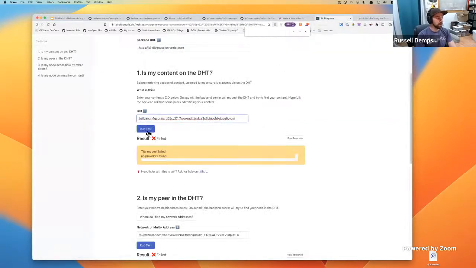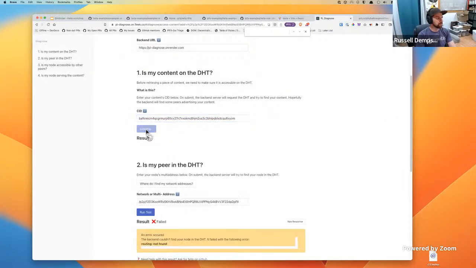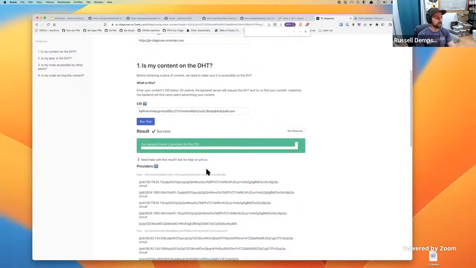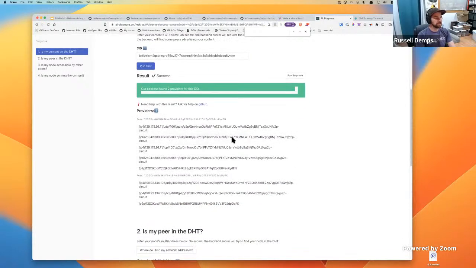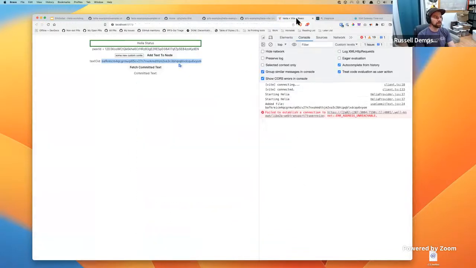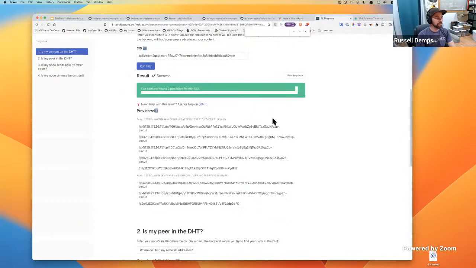And so Helia is like, that's the wrong CID. Something else. Maybe I didn't paste the right one. But yeah, so this tool will help you figure out if that CID is actually available. And if this fails for some reason, your node isn't configured properly. So what we should be able to do is see now